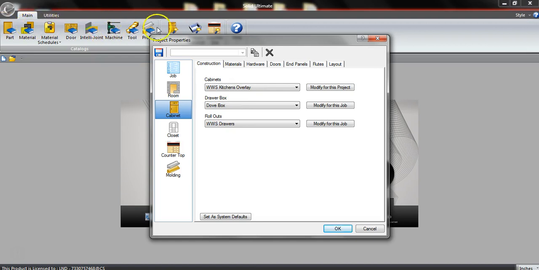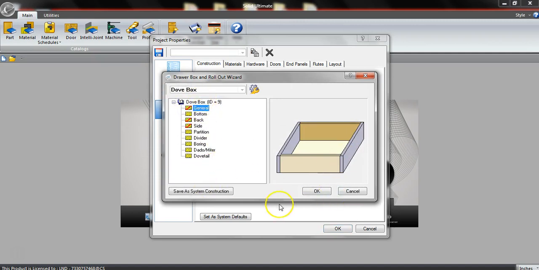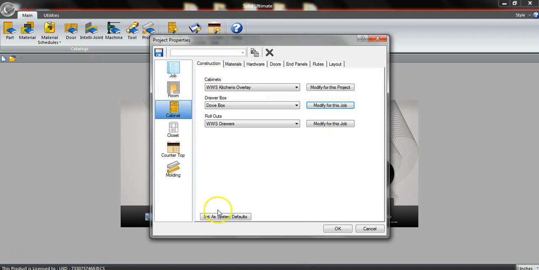I'm sure you could be a lot more organized in the back than I am, but this has worked for me. And what's really cool is as you're going through these and you're adjusting over time, you can just modify for this job. Go in here, set your new parameters, fix your little tweaks, whatever you got to do. Come back here, set as system default, boom. And then every time you pull it up, that's your system default. Every time you enter the program. So that's really nice for just